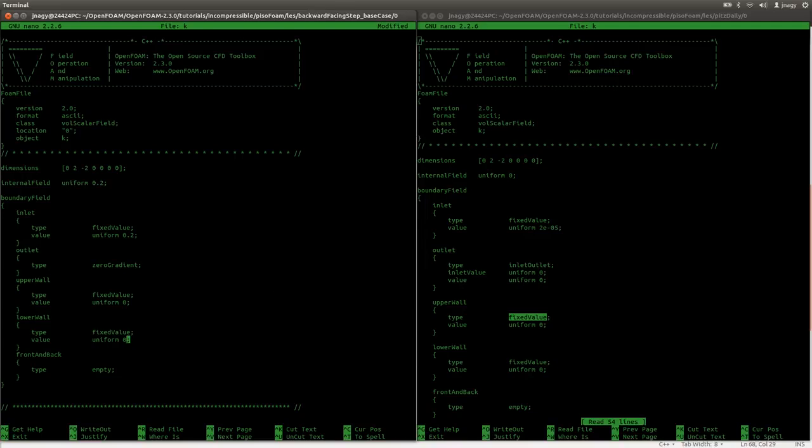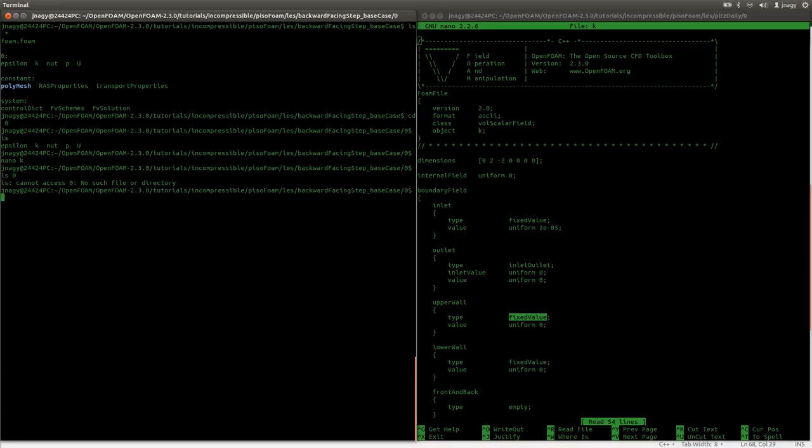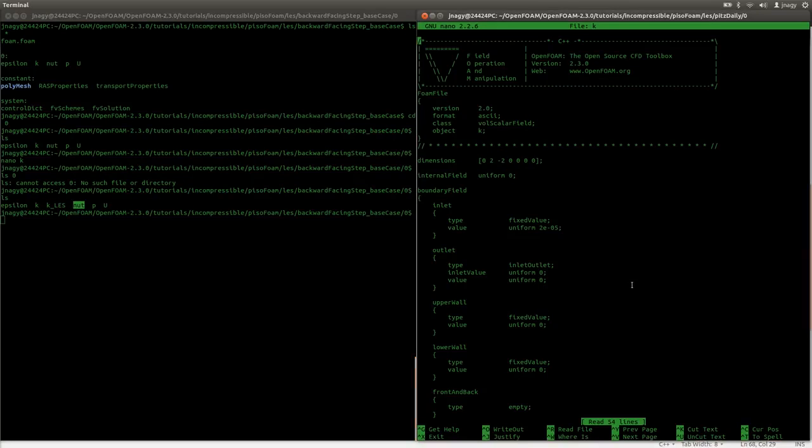And now I will save this, but not as K, but as LES. Yes, save under different name. Yes, and now I exit this. So we have now in 0 an epsilon and a K, which is the RAS K, and we have a K value for LES simulations. Now we need a new SGS,